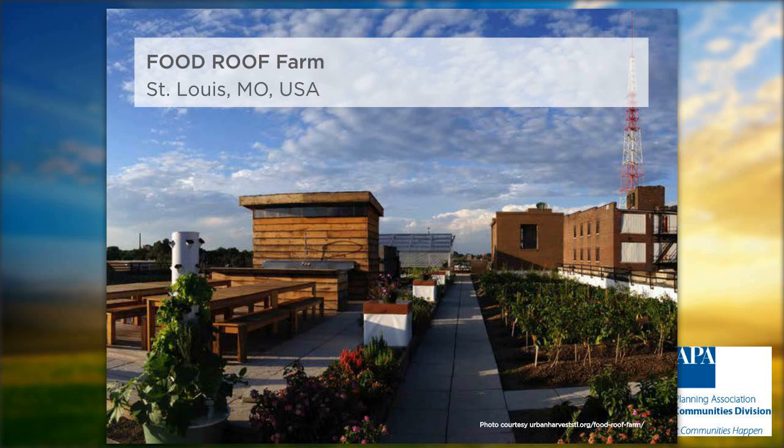The Food Roof Farm in St. Louis is a prime example of social, environmental, and economic benefit in the form of a rooftop garden. When a community garden needed to grow, there wasn't space on the ground to scale up, so community members approached the owner of a 2-story building. It took time to find the right building and building owner to allow a rooftop farm. The design and construction was led by community volunteers alongside professionals. The Food Roof Farm is a platform for education and empowering community members to be involved in food systems in their neighborhood and providing healthy foods to those who need it most.